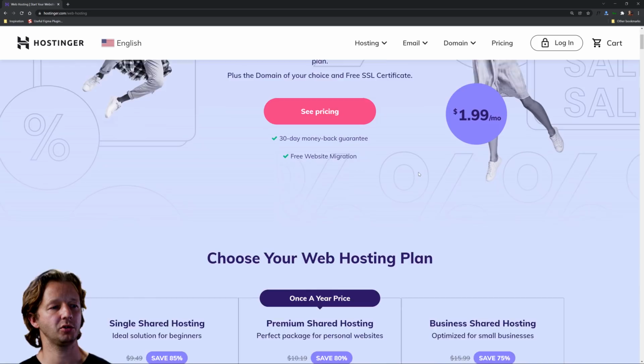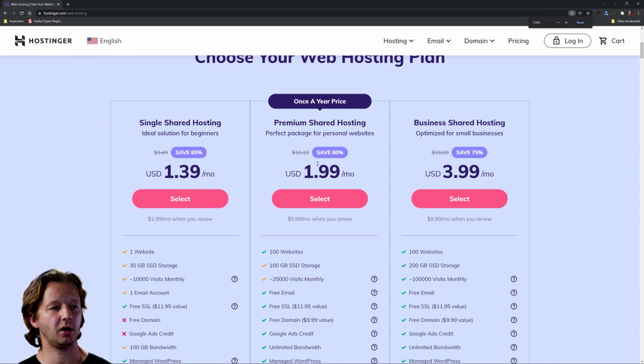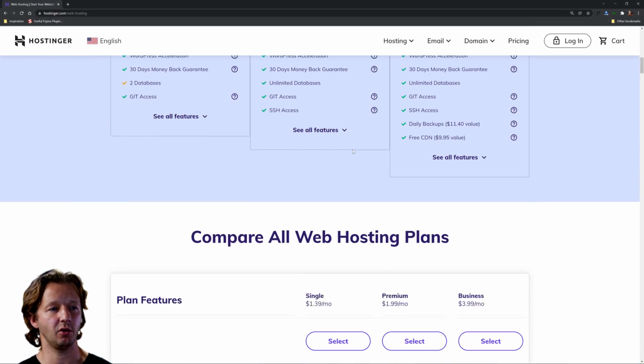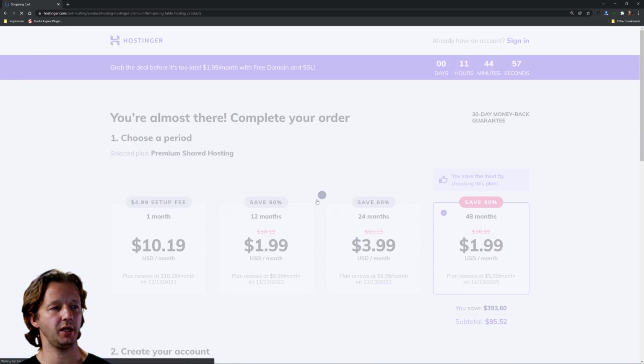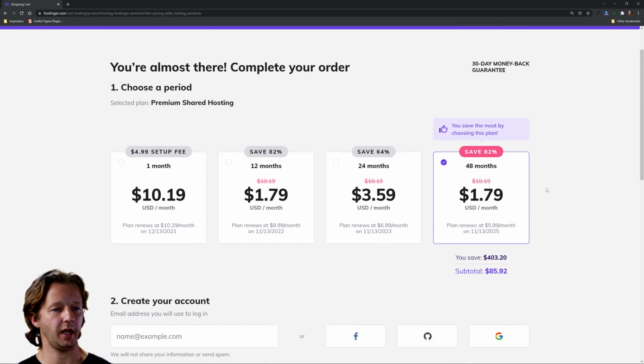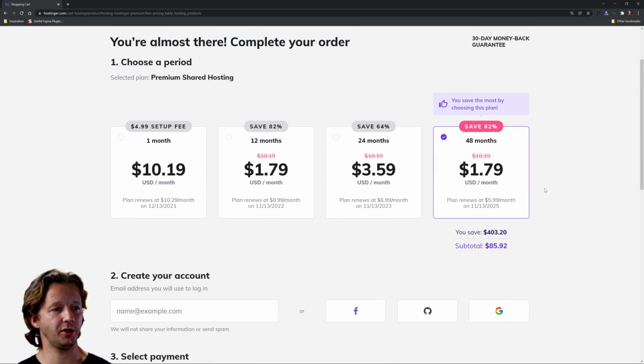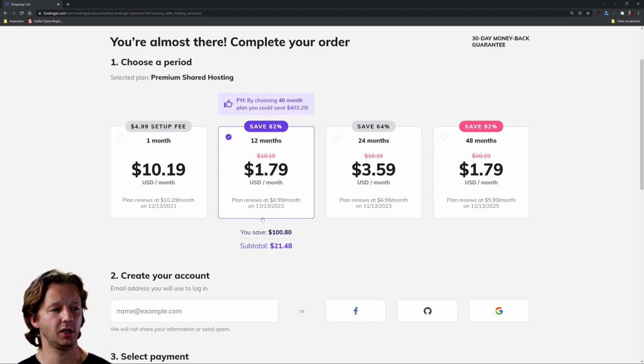We could do shared web hosting for this. You have all the pricing options that you can then make your own decision. I'm just going to choose this section right here for the premium, and I'm going to leave this just for my purposes, we'll just leave this at a year. The total is